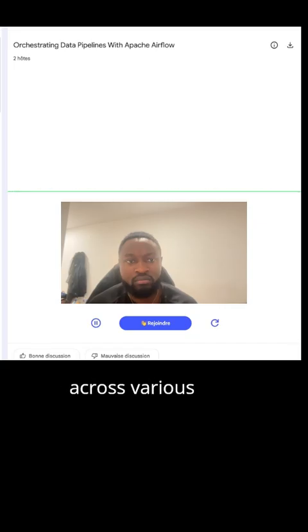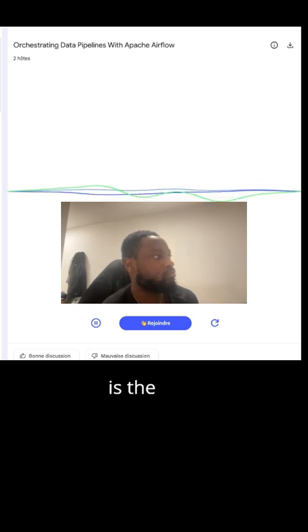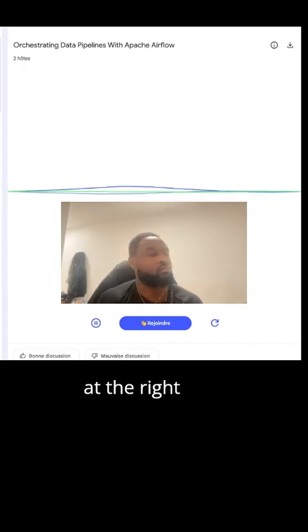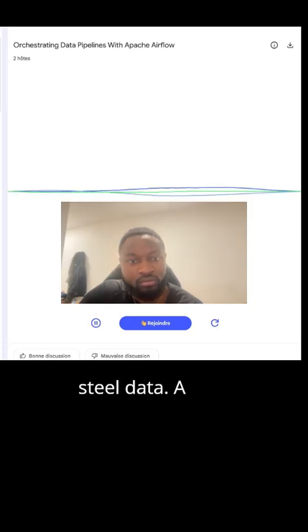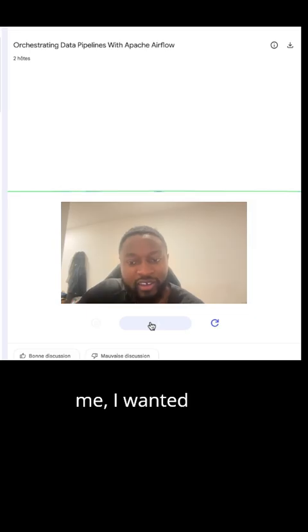The source defines orchestration as the coordination and automation of data flow across various tools and systems. And the keyword there is across, so not in one system, but between them. Exactly. You have a tool that stores data, another that cleans it, another that visualizes it. The orchestrator is the conductor, making sure the right data gets to the right place at the right time. And if there's no conductor, it's just noise, cacophony. Reports running on empty databases, ML models training on stale data. A complete mess.